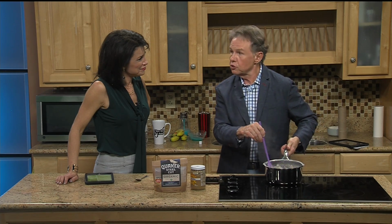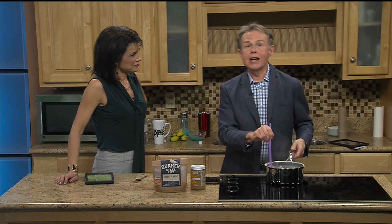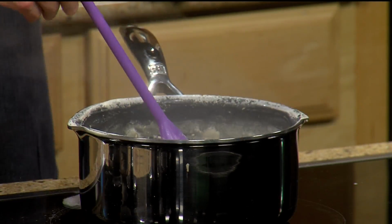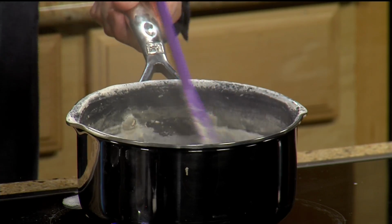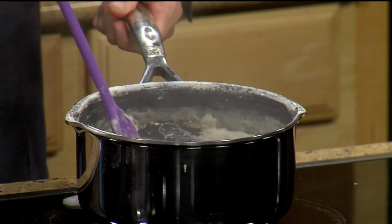You know, oatmeal is a superfood. It honestly is. It is full of fiber. Fiber is good for you, because it helps keep you regular, and in the process of keeping you regular, it will help to remove cholesterol from your body. So that makes it...